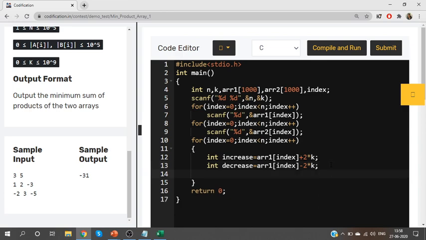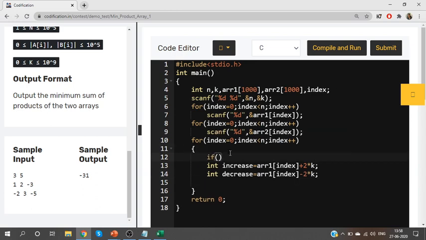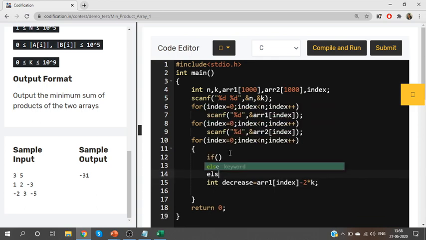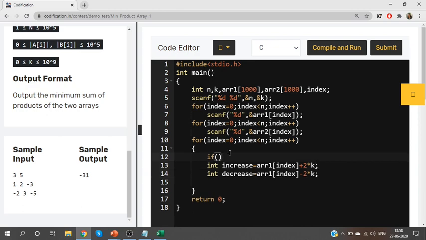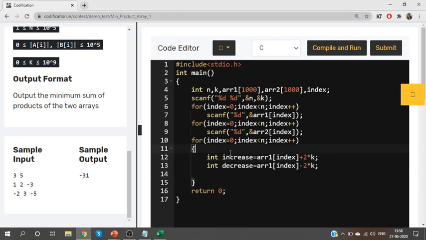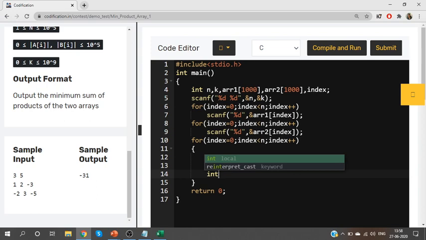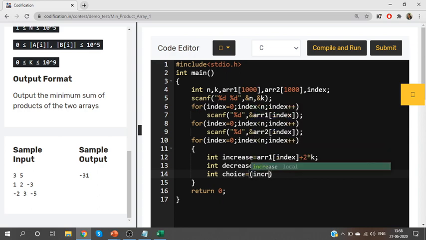Yes, these are the only possibilities. So what will we do? In some cases we will increase, in some cases we will decrease. Yes, if you want, you can mention that if so and so condition increase, otherwise decrease. You can say it like that, or calculate both the values. Calculate what happens when you increase the values and calculate what happens when you decrease the value. After calculating them, your choice is going to be lesser of these two values. When I increase, I'll get an answer. When I decrease, I'll get an answer. Whichever value is lesser, choose that value.